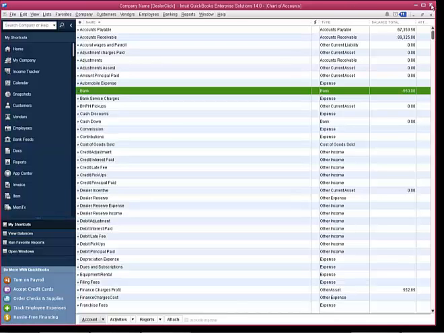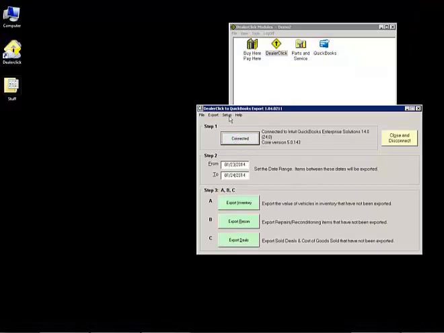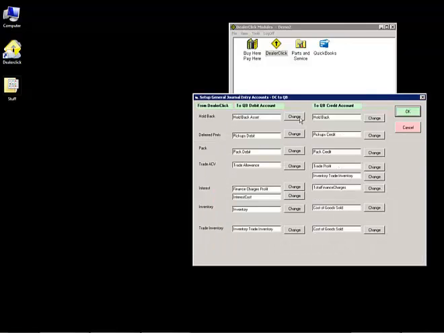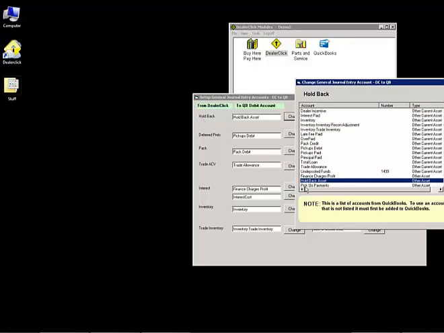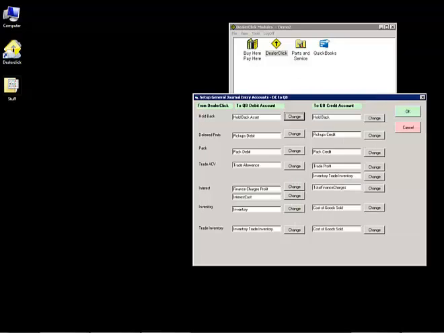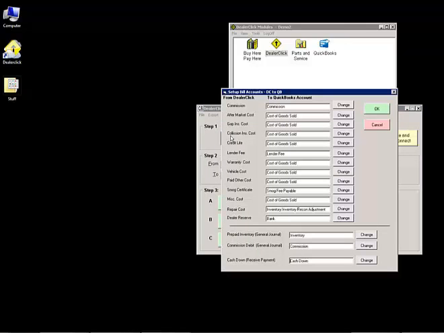But in case you're wondering, the way that happens is we go into the setup and map each of these fields to the account where you want to send it to. So in this case, holdback is mapped to holdback asset, which is an other asset account. We have to go through each and every one of these and make sure they're all mapped correctly. It takes maybe an hour or so, but after that you will have your own chart of accounts and DealerClick